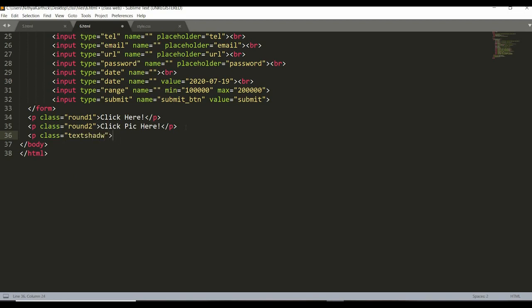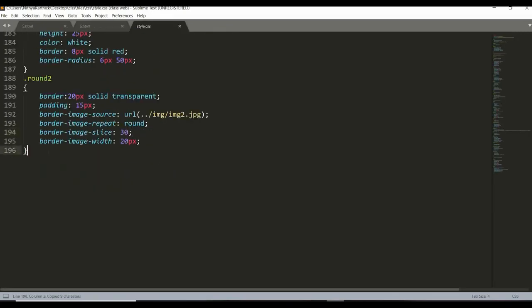Here, sample text. So I have given it like this. Now I'm going to give a shadow for the sample text. For that I'm choosing this class, going down, dot text shadow class.